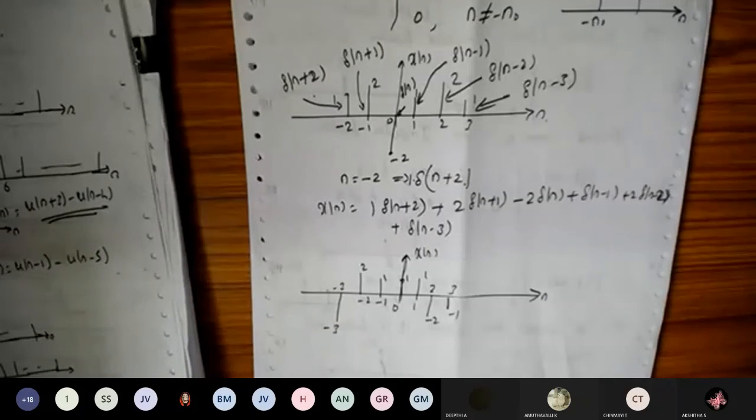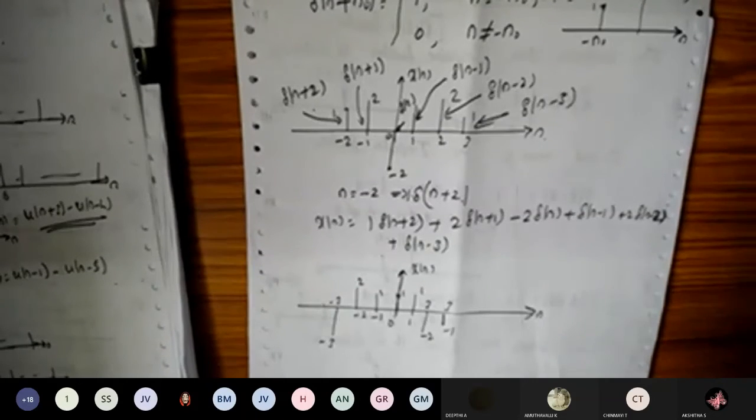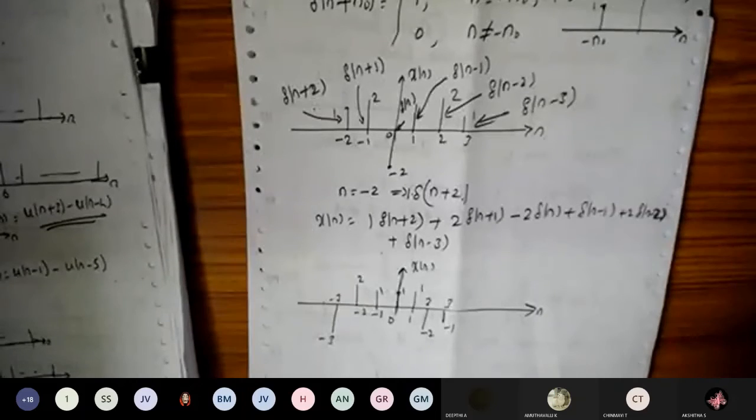So inform them about the signals subject. If they're not going to learn, it's very difficult for them to pass the subject. For the IA you can score anyhow, but for the external exam it's very difficult to clear the subject, because the number of problems is large and the variety of problems is very wide.